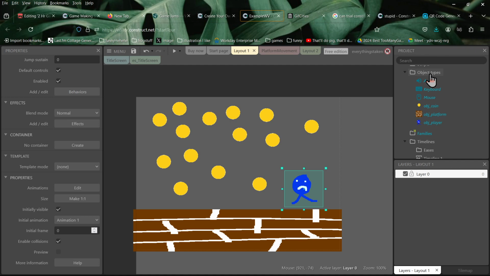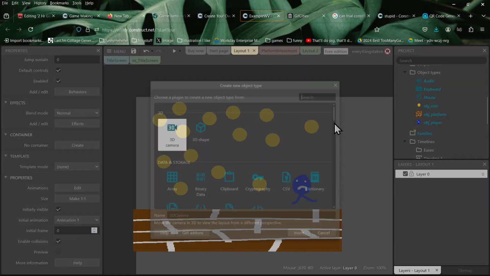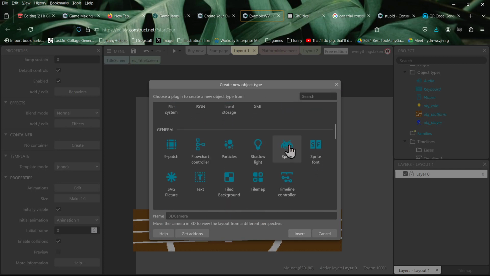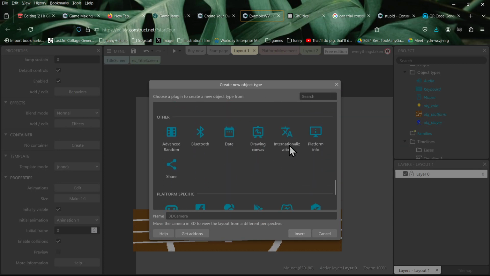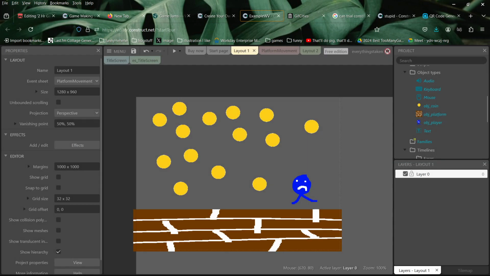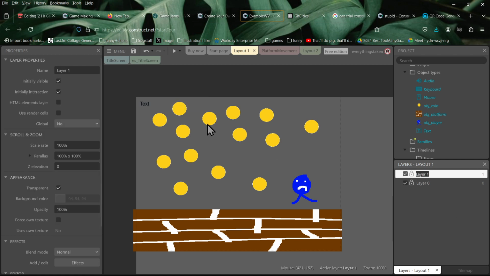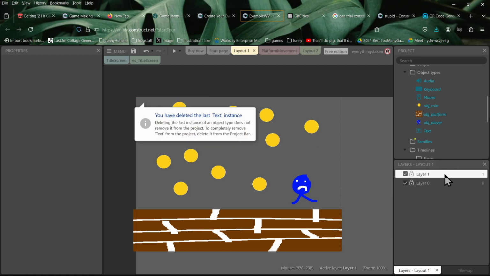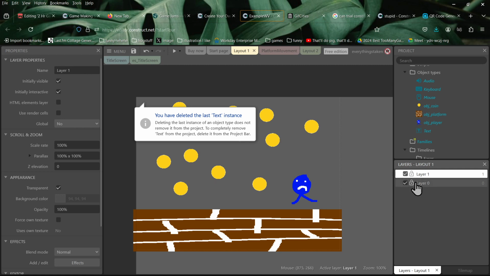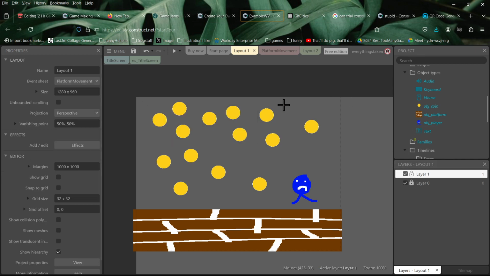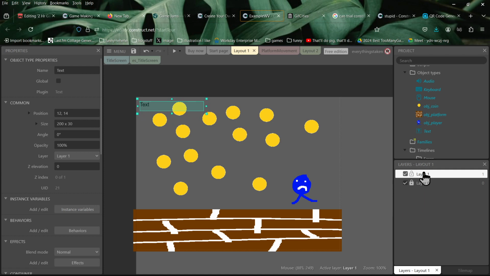So I'm just gonna right click, do add a new object, and let's see. I think there's one in here that's just text, right? So I'm just gonna have text. I'm gonna place it. Actually, this is one thing that maybe is a good idea. I'm gonna do add layer at top. This is maybe something good to show. I'm gonna lock this bottom layer, which has all the stuff on it, and I'm basically gonna make this a UI layer. So maybe I'll also call this UI.